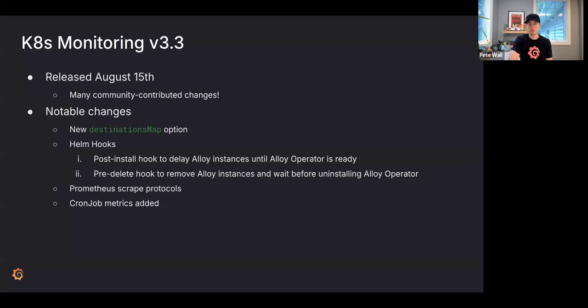The reporter of this said that there was a race condition, and so this resolves that sort of thing. The other Helm hook that I added was a pre-delete hook, which kind of does the opposite, right? So before we remove the Alloy operator, when you're uninstalling the Helm chart, we're going to remove the Alloy instances